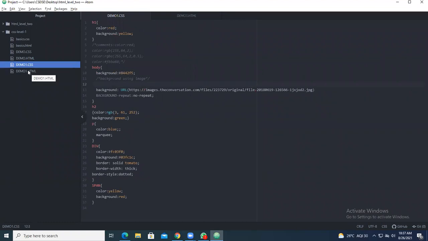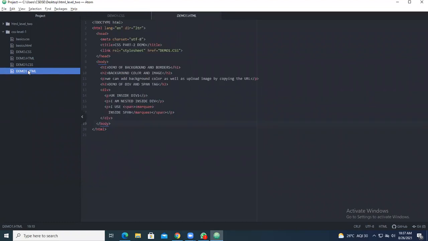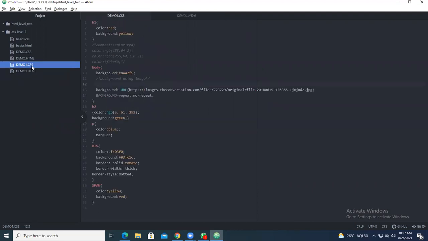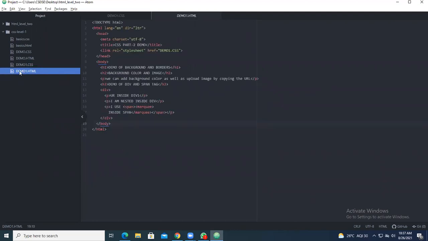This is the HTML file, and its styling is in the demo1.css file. Coming to the HTML, as you all know how to create an HTML file, if you type HT, it will show you the entire contents.